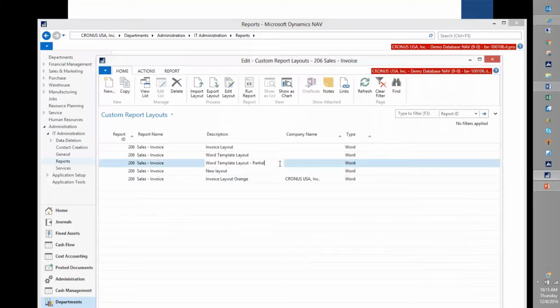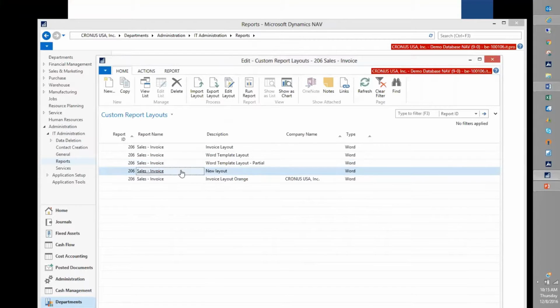Okay, I have one that's partially done. Another thing I will also want to point out is in the new layout, since this one right here, when I opened it up initially and went into Edit Layout, it was completely blank. It didn't have anything there. One nice thing about this particular function is since we are using